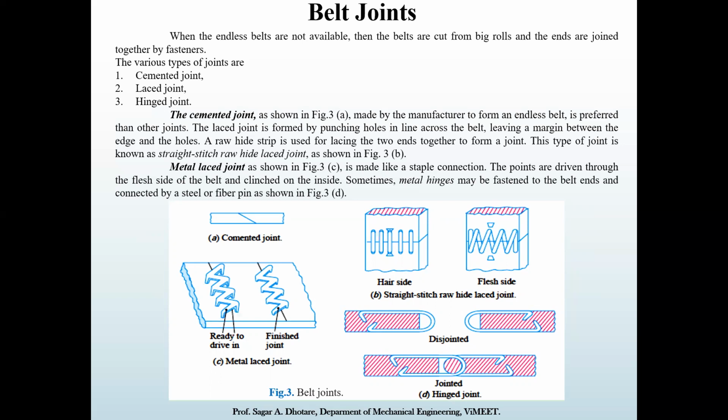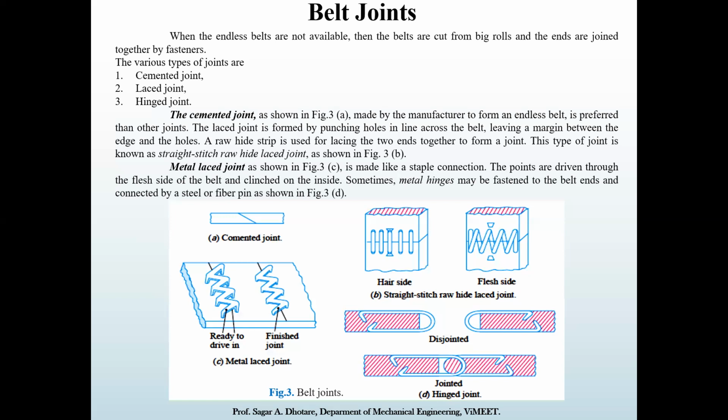These are the three joints which are normally used: cemented joint, lace joint, and hinged joint. In the cemented joint, you can look at figure number 3A given over here. While manufacturing to form the endless belt, it is preferred to use fewer joints. The laced joint is formed by punching holes in a line across the belt, leaving a margin between the edge and the holes. The rawhide strip is used for lacing the two ends together to form the joint. This type of joint is normally known as a stretch stitching rawhide lace joint, which is shown in figure number